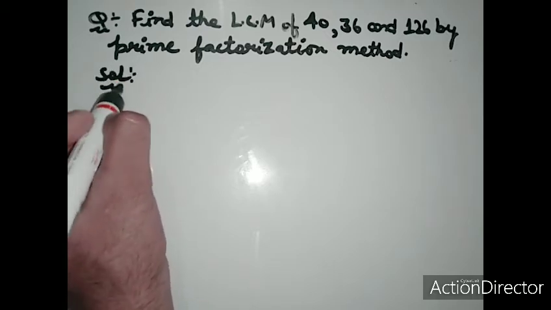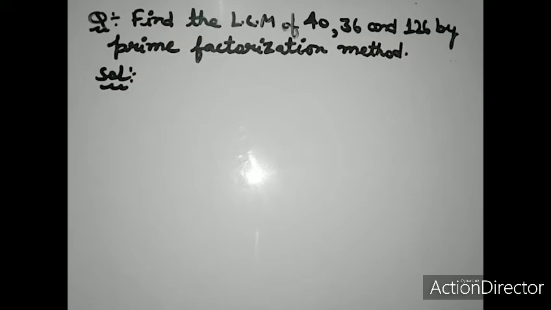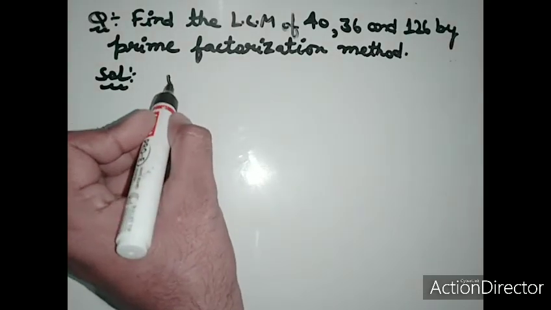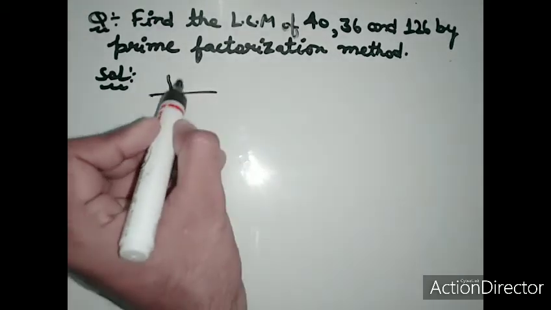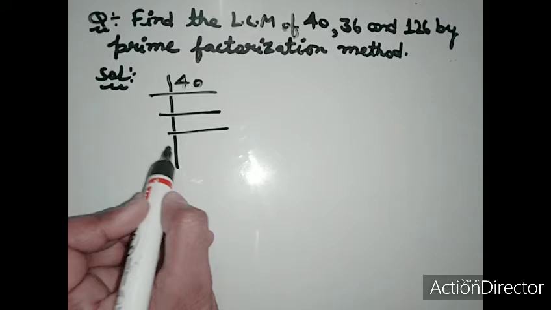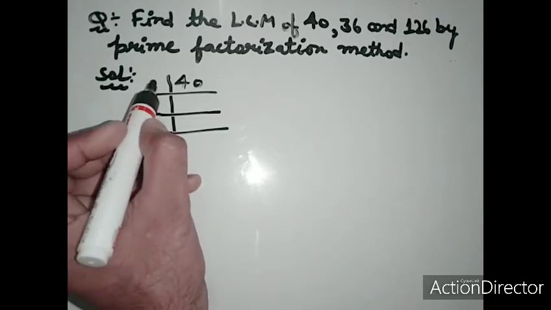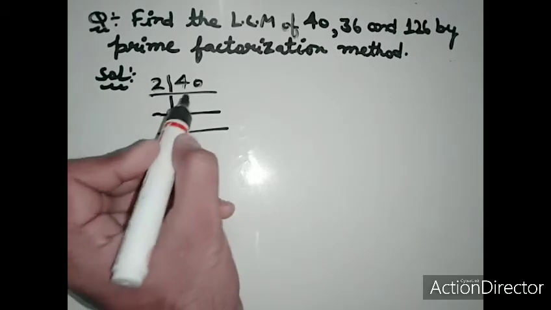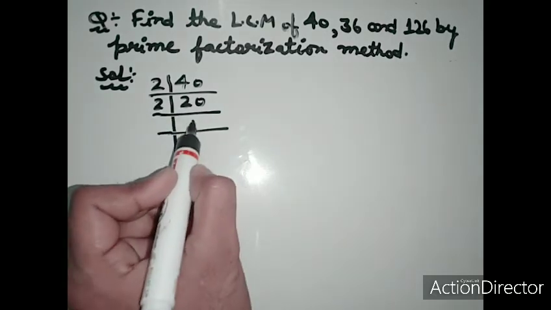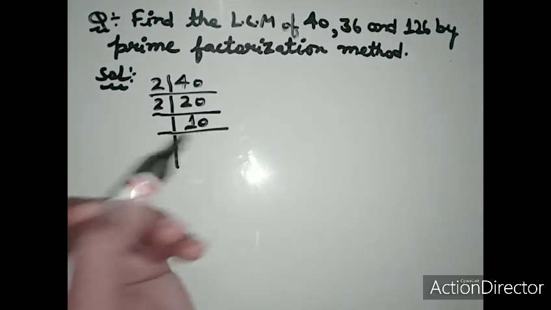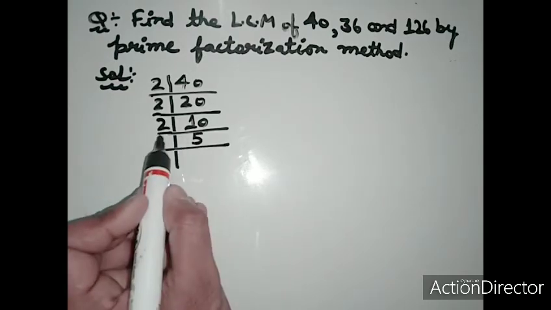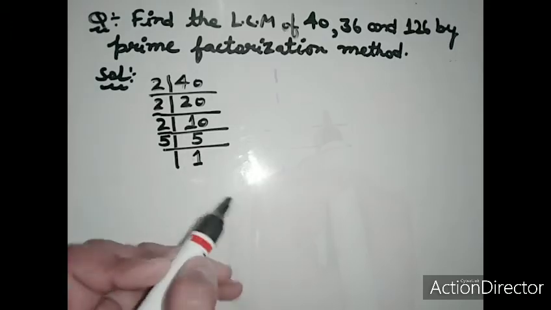Okay, so now here first we find the prime factors of 40. So here we divide this 40. First start from 2, the smaller number. So 2 2s are 4. Then again divide by 2. 2 1s are 2 and 0 right as it is here. Now again divide by 2. 2 5s are 10 and 5 1s are 5.